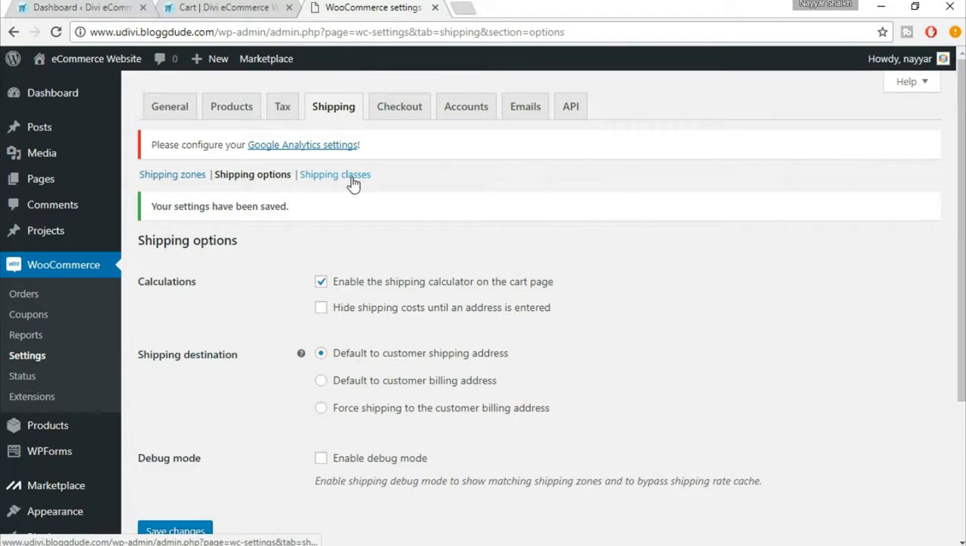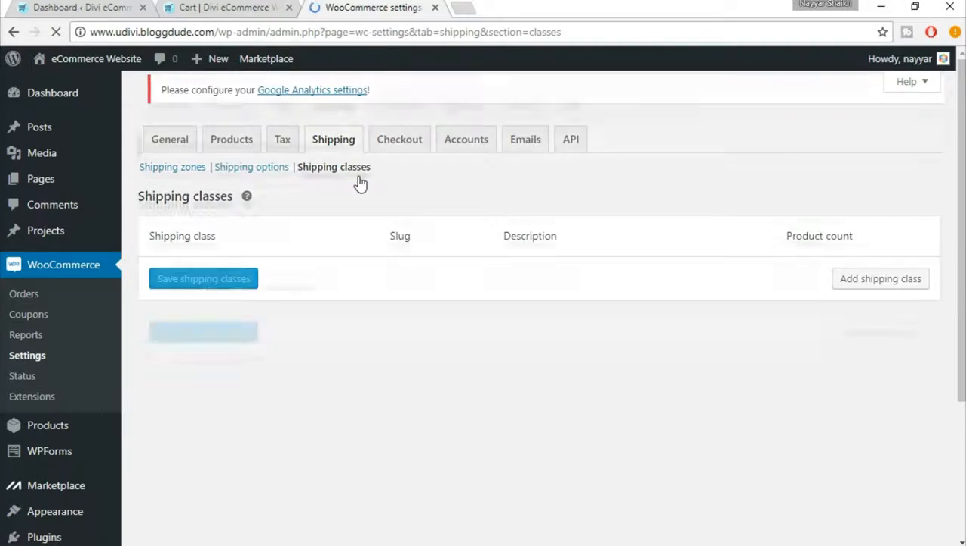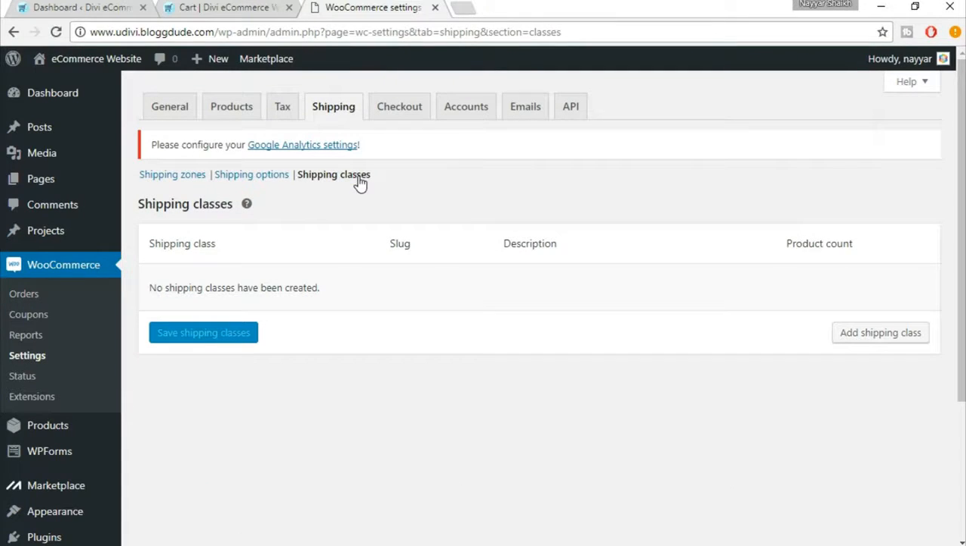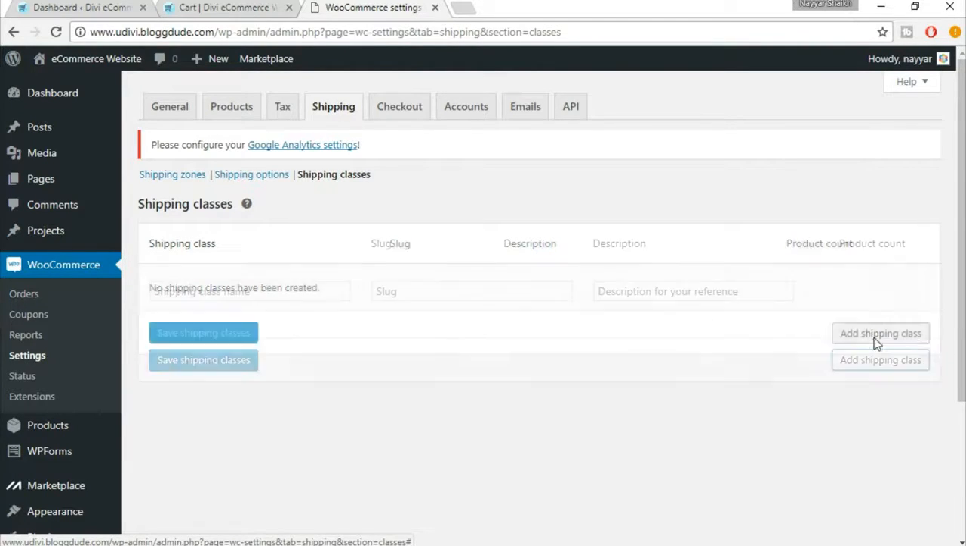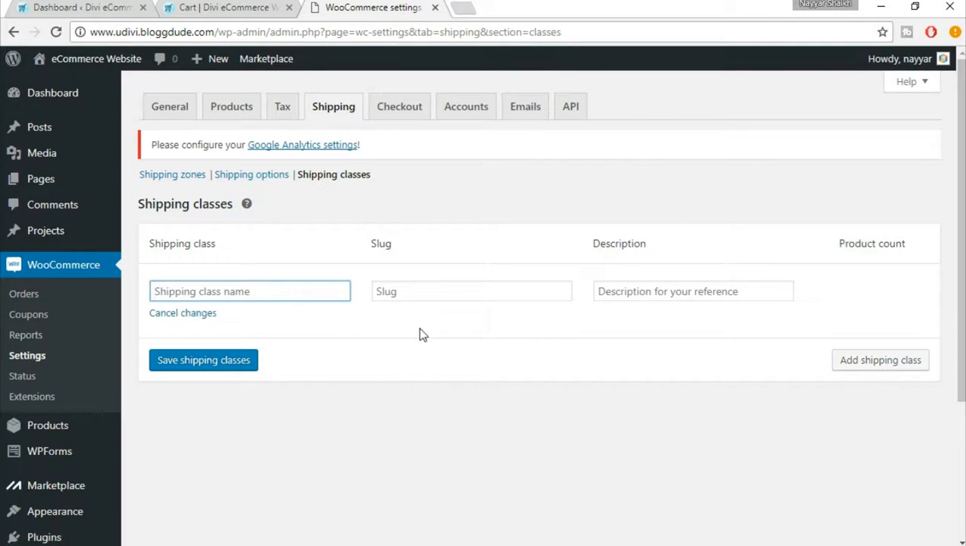Now click on shipping classes from the top. Now here we have to add a shipping class. So here you will see a button which says add shipping class. So click on that. Now we have to name the shipping class. As I said, I'll be showing you how to manage different kind of products. So let's say we are managing bulky products over here. So we'll name bulky. In slug, you can leave this blank or you can put the same thing. And in description, you will say